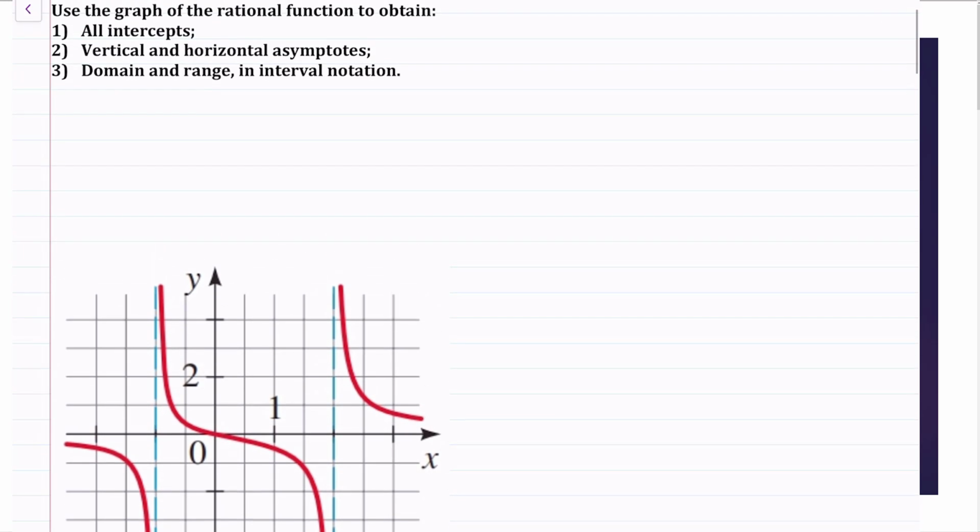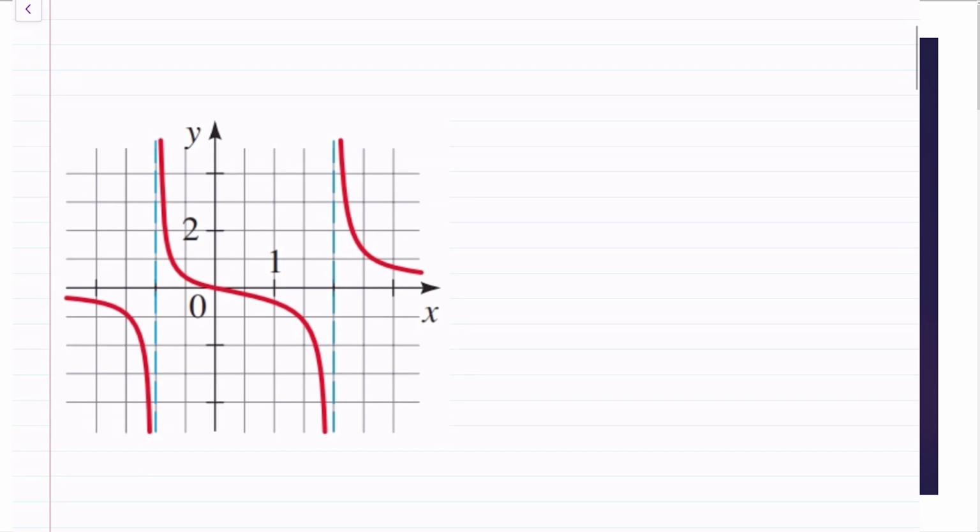The first thing they want to know is the intercepts. So the intercepts are where the graph crosses one of the axes, and you can see that in this particular case, the function crosses the axes at the origin. So in other words, it crosses both x and y at the same location. Coordinates of that are 0, 0. So if we're making a list of answers here, the intercepts